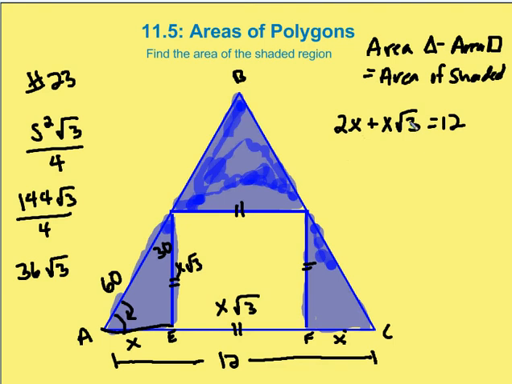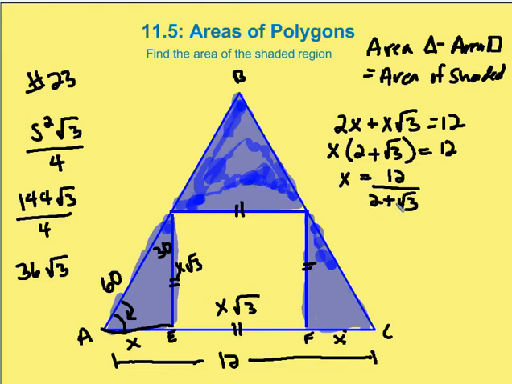Now here's the tricky part. A lot of people are confused about how to isolate x in this case. And we do that by factoring the x out of the left-hand side of the equation, and we're left with x times (2 plus root 3) is equal to 12. Now simply we divide both sides by 2 plus root 3, and we're left with x is equal to